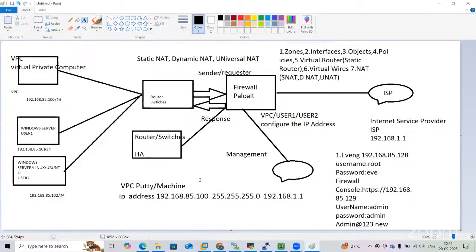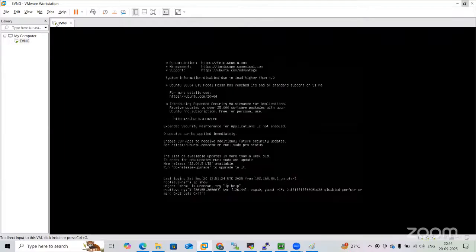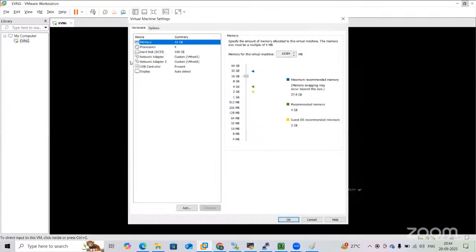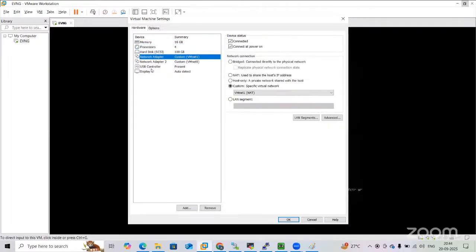So later we can create the VMware. I will show you the settings. Here 16 GB RAM is mandatory, four CPU processors, and 100 GB. First we can use VMnet NAT, and second one is we can use